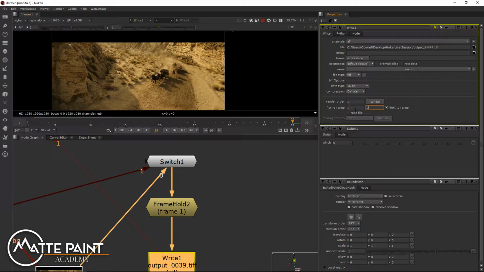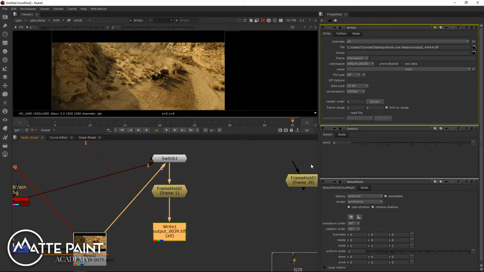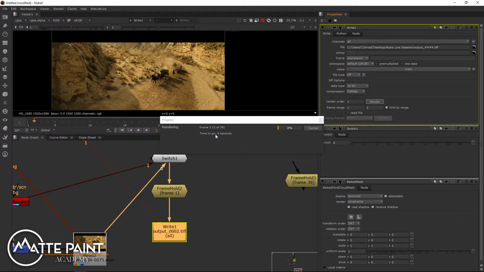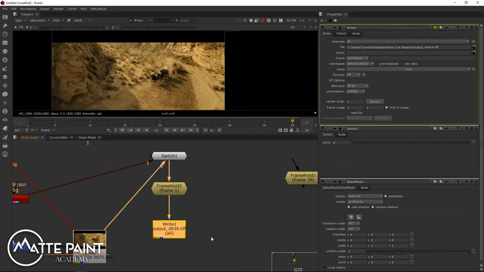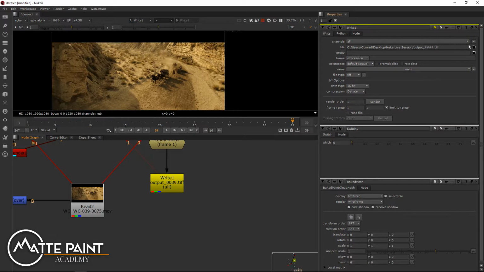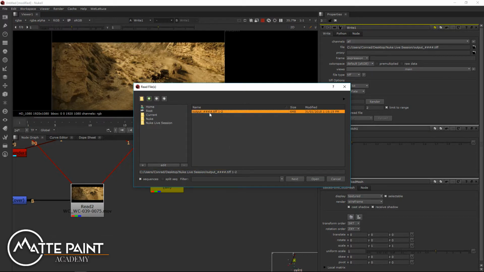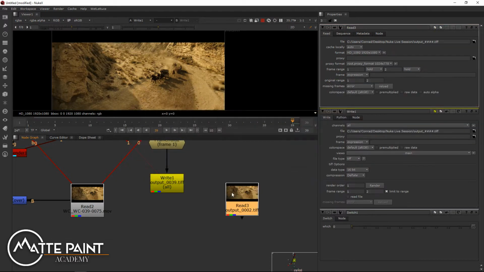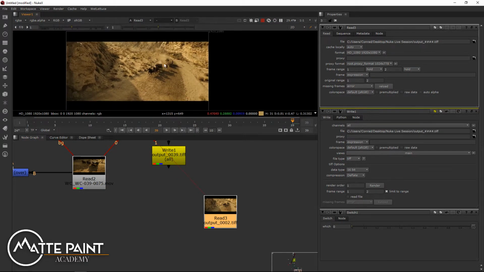So we change this to frame range 1 to 2, and if we write this, it's going to render the 2 frames to our folder. And if I add a read node and I go to this location, it's got our output here,